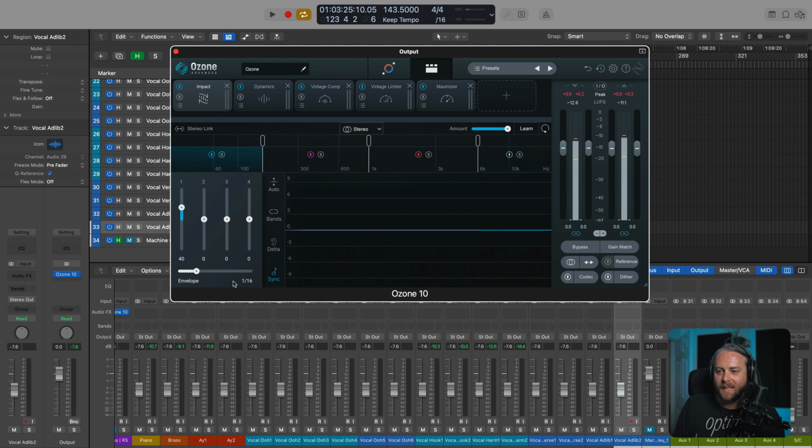And we can also sync it to a tempo. In this case, this track isn't synced to the host tempo in Logic, but you can do it in 16th notes, 8th notes, dotted notes, triplets, all the way to 32. So it's really interesting. We'd also just like kind of free do it here in milliseconds if we want to. 80 is the default. Let's take a look at what's over here in this next band. So some vocals and a clap. Let's bring this out.